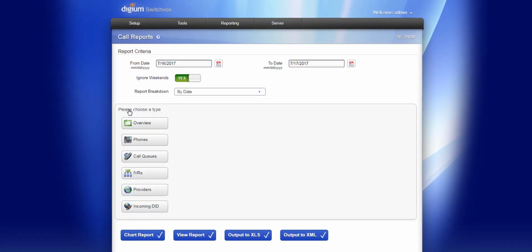Your options for generating a report are Chart Report and View Report, which may be viewed in the browser window or output to Excel or XML, which will create a file. Let's generate a few sample reports. First, we will choose our date range, May 15th to June 15th. Ignore weekends. And for the breakdown, we will use